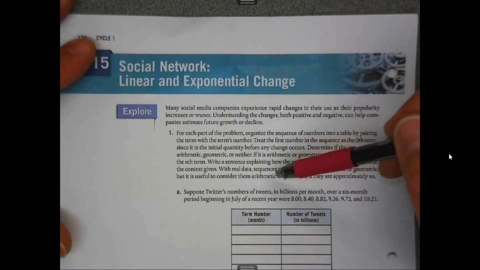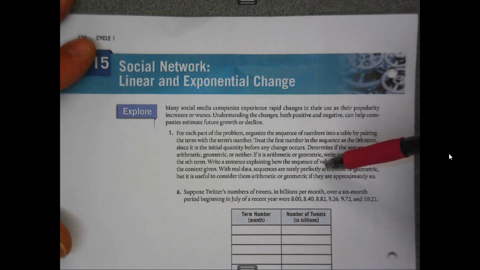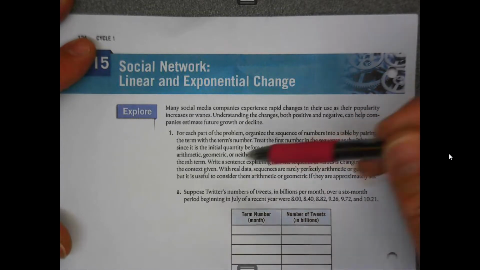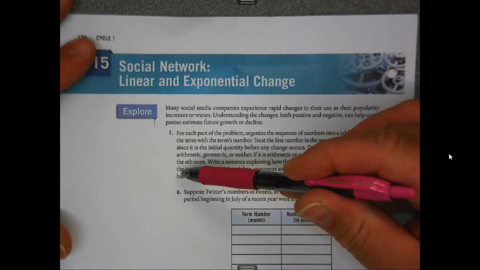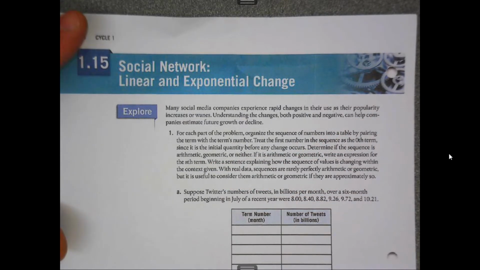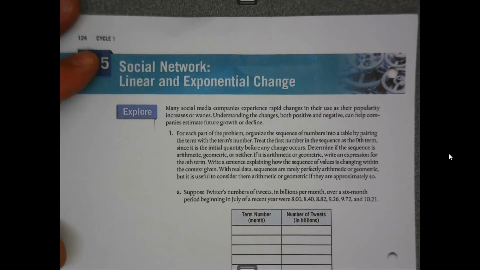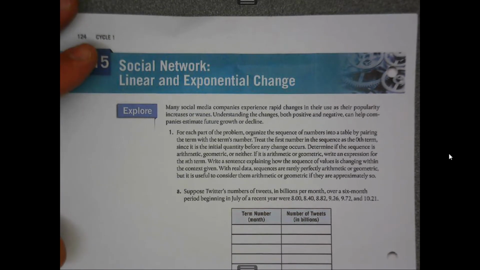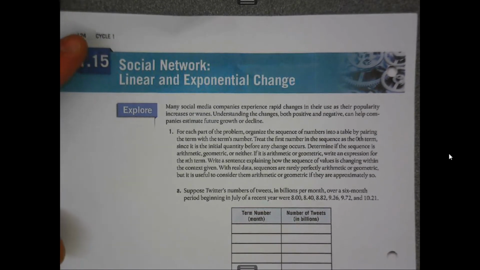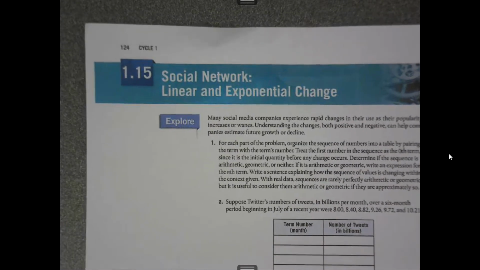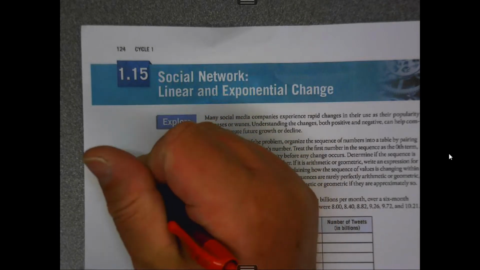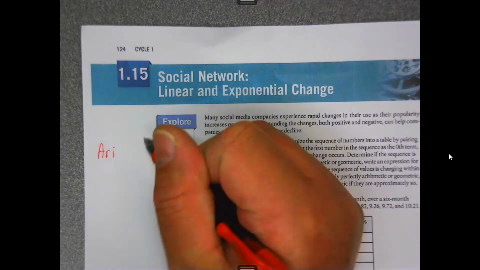With real data, sequences are rarely perfectly arithmetic or geometric, but it is useful to consider the arithmetic or geometric if they are approximately so. All right, so let's go over our two formulas that we have. For the arithmetic, from the previous section,